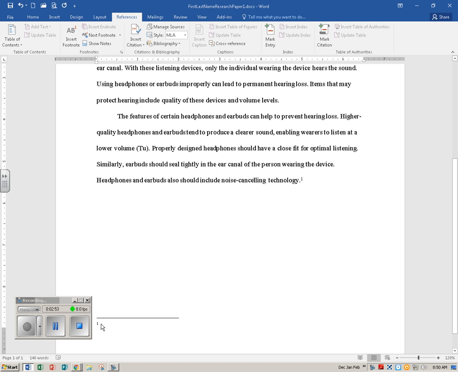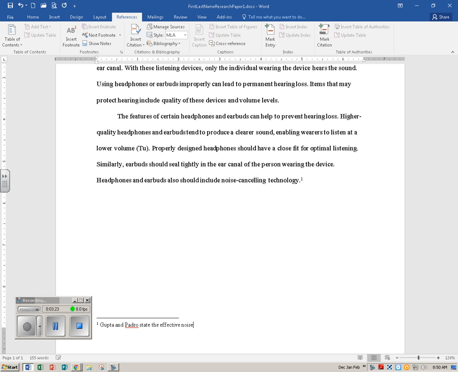So you'll click down here in the footer and make sure that you have a space between the superscripted 1 and what you're getting ready to type. And what you will type is on page 83, Gupta and Pedro state that